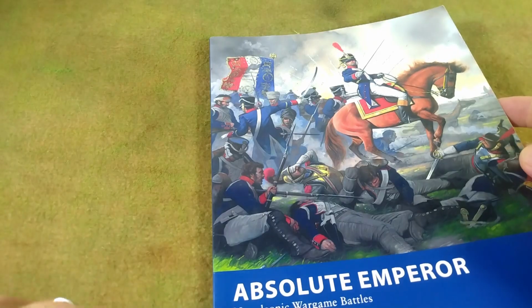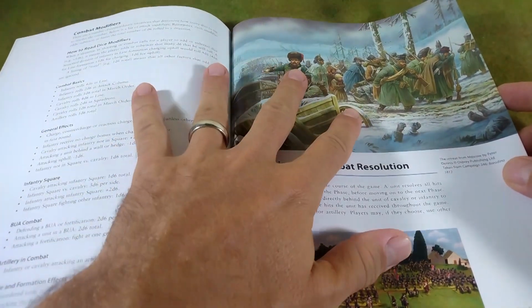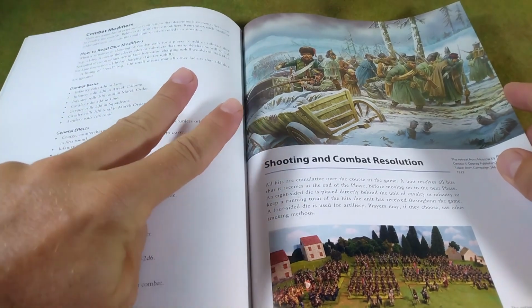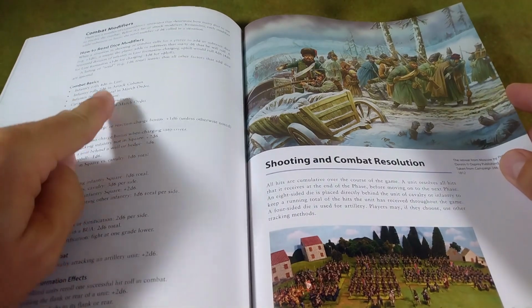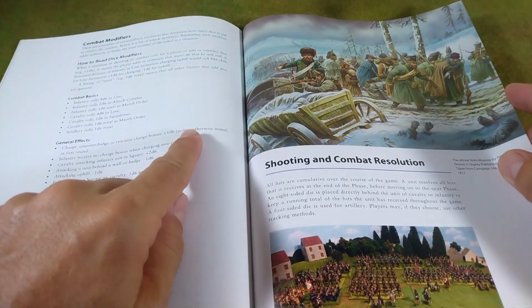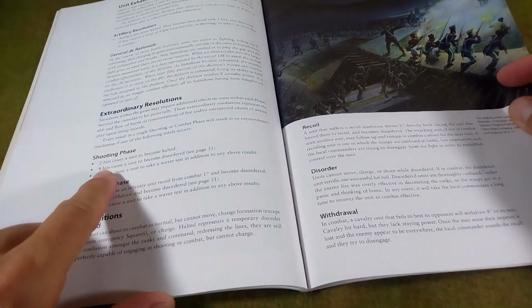And a bit of a complaint on Absolute Emperor, when you write a rule set like this, a little advice for those of you budding would-be wargame rule set writers: repetition is the key to education. Repetition is the key to reference works. Whenever you have a rule that is applicable or is discussed in multiple locations, don't be afraid to repeat the lessons involved. When it comes to shooting and combat resolution, we do have this table over here that has shooting